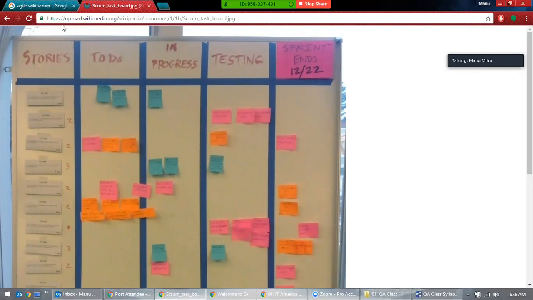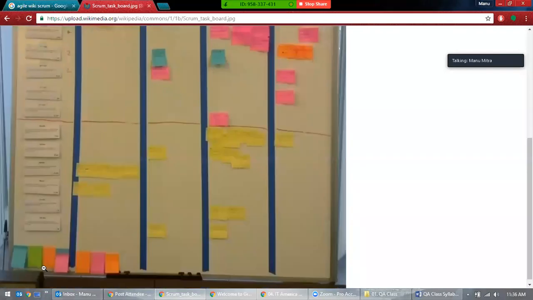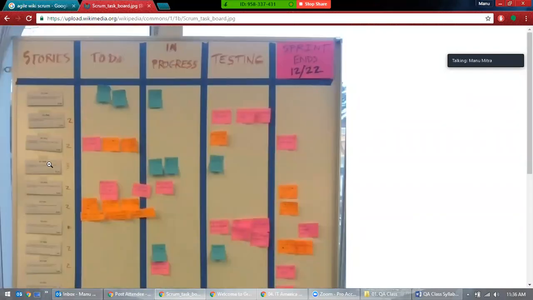So you have this on the left side. You see these stories. That means user stories. These are a long list of user stories. And you have this To Do, which means you're working on that. In Progress: once you complete some of it, it moves to In Progress. And then Testing, and then the sprint ends. So testing cannot start until the development is completed. Development has to complete to start testing. You cannot start testing before the development is completed, right? It's not possible. So first sticky note, let's say this is a blue sticky note, right?